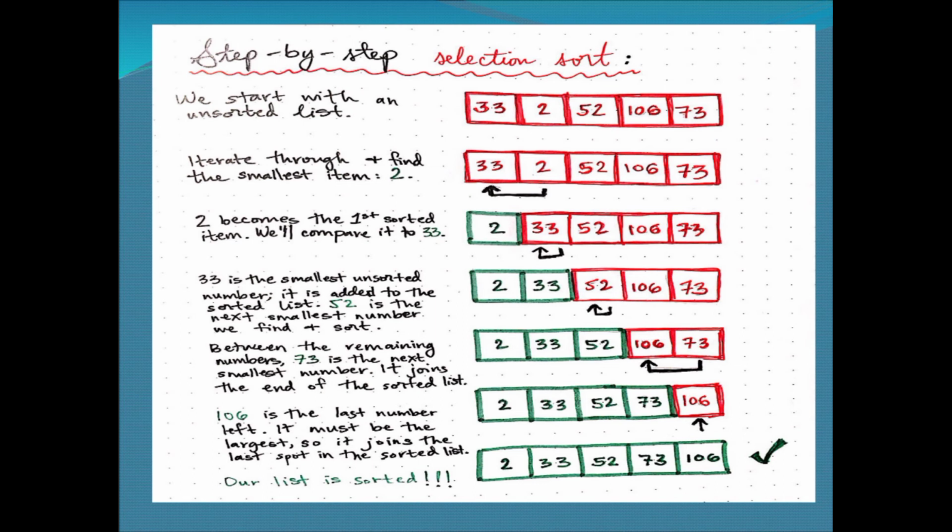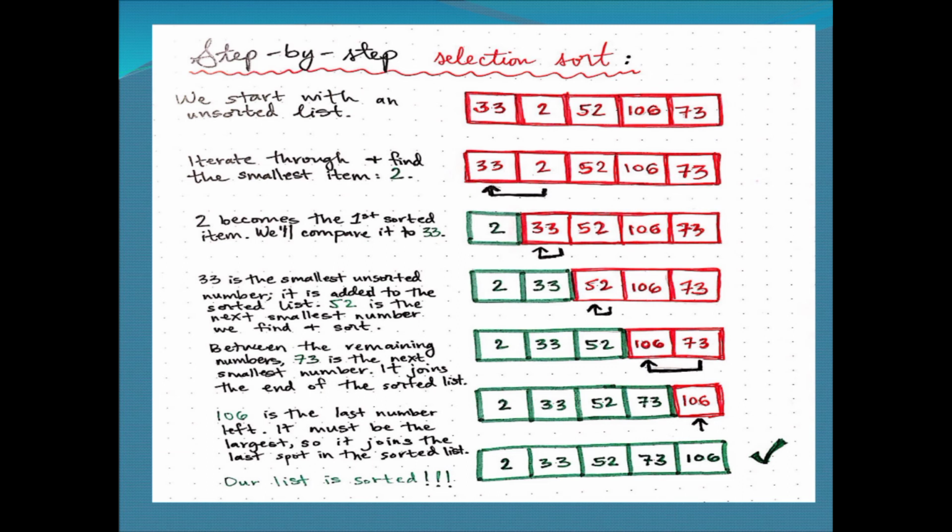Here, in the second step, I identified my smallest element. It is 2, and I have swapped it to the 0th location. And in the next step, I found my next smallest element. It is nothing but 33. Since it is in its position, I need not swap. Again, I searched for my next smallest element. It is 52, and since it is in its position, I need not swap, and I placed it in the same position.